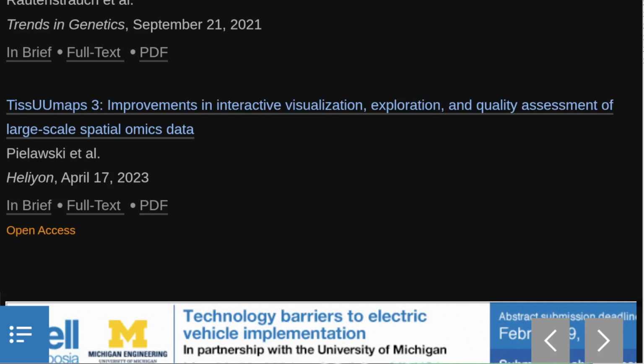Wolf F.A., Angerer P., Theis F.J. SCANPY: large-scale single-cell gene expression data analysis. Genome Biol, 2018, 19,